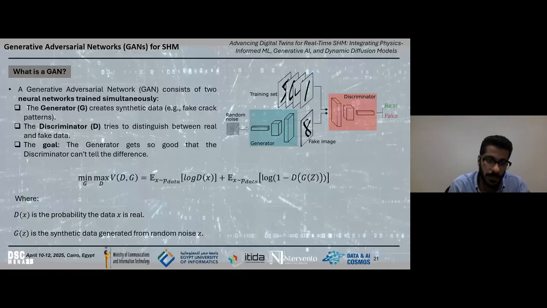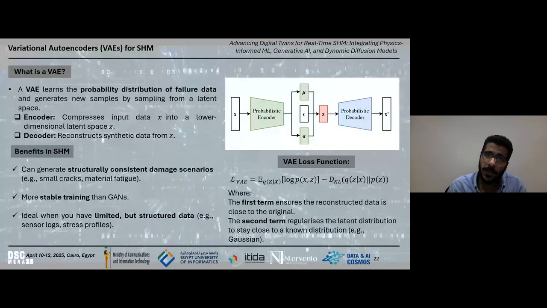We have the probability of the data X as real, and then we can introduce synthetic data generated from random noise, so the model can learn to differentiate between different scenarios, between different, let's say, drone images captured from a crack in a bridge column or in a bridge deck. So that's the main idea of GANs.